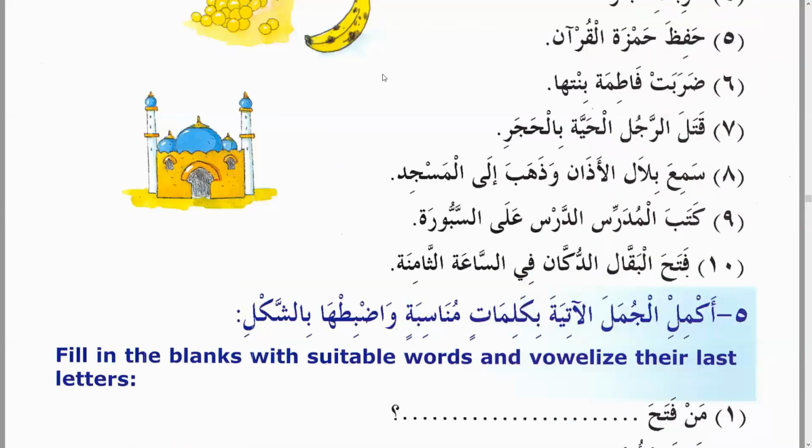Next, Darabat Fatima binta. Fatima hit her daughter. Sixth one. Fatimatu is the fa'il and binta. Yes, binta is a maf'ul. You can say the whole thing is maf'ul and then you can say mudaf and mudaf ilayhi. Right? When a pronoun joins a noun, it becomes mudaf and mudaf ilayhi. But it is binta. Or you can say just binta is the maf'ul, and it is mudaf, and ha is the mudaf ilayhi. That's also fine. Both are fine.